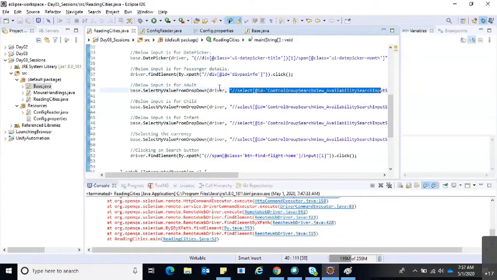So instead of changing it directly in the class file, we can handle all the web element details in a different class file. So we can directly go to the particular .java file and change it. We are following a similar approach to what we did for config.properties. There we just created a .properties file. Instead of a .properties file, we are creating .java files for handling all the web elements. Okay, hope you got my point.